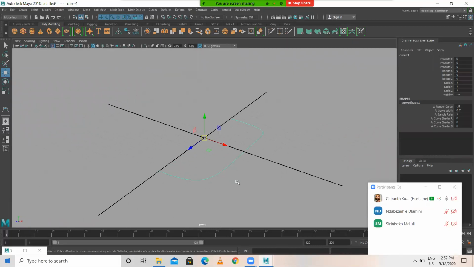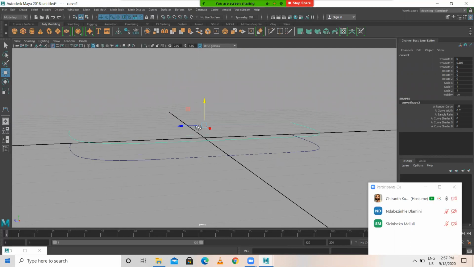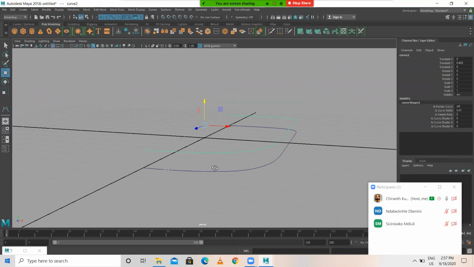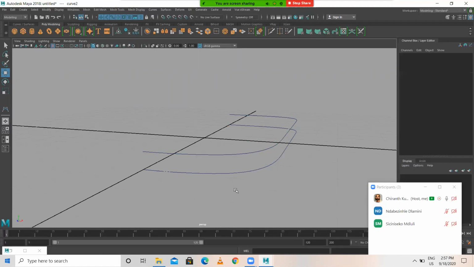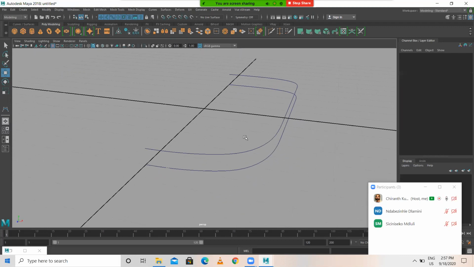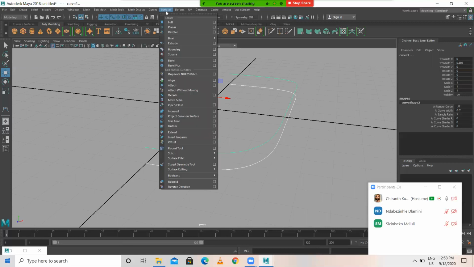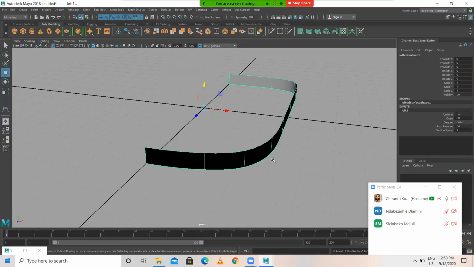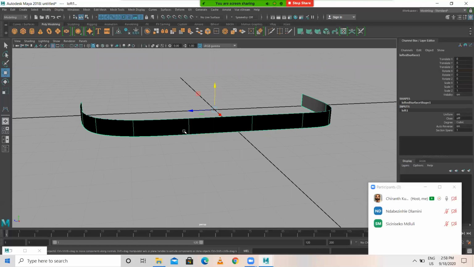Then what I'll do, I'm selecting this, I duplicate this, raise the curve up to here. Okay, a bit. Understood? Then after this, see we got two curves. Select both the curves. Go to surface, surface loft. I got the object like this.